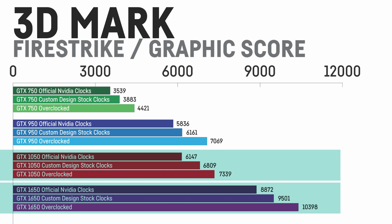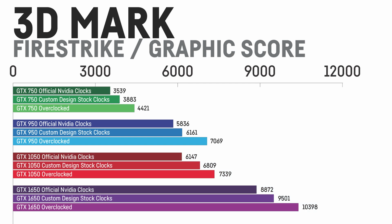As you can see, I was running each card with 3 different boost clock settings. First, I was using the official Nvidia clocks and called that factory clocks. Then I was using the actual clocks each GPU was provided by the custom design. And third, I was overclocking all the cards, which actually worked very well for all 4 models,